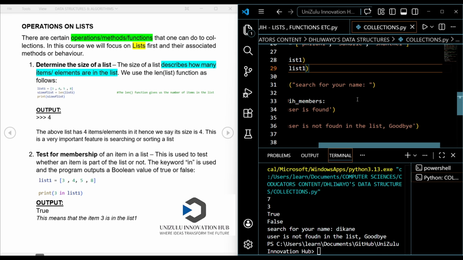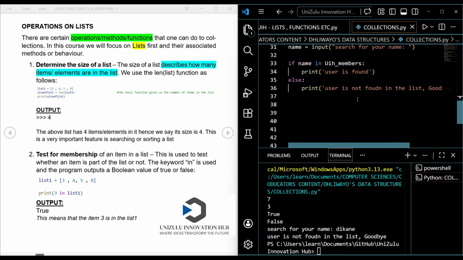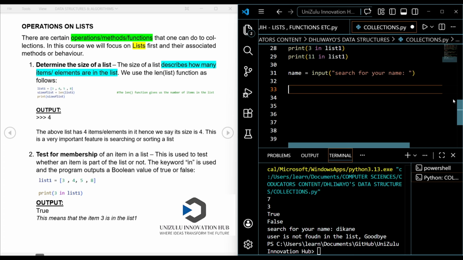That is how spreadsheets work, guys. That's how you are able to search your name and probably find your marks or something like that. But basically, the logic of spreadsheets is using this thing of testing for membership in a list or in a collection. So I hope that you guys can apply this later, and I will give you a project maybe at the end of this video so that you guys can apply this.